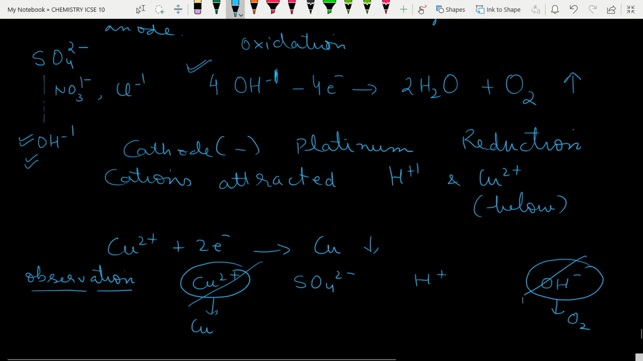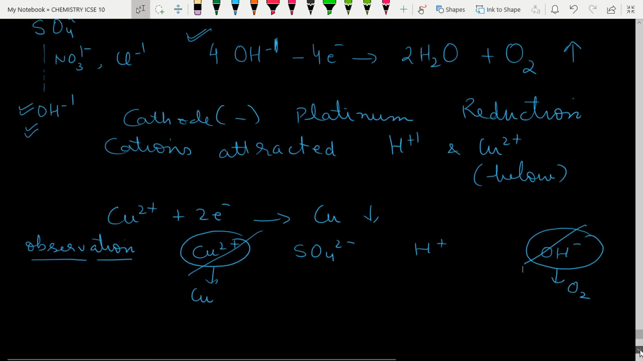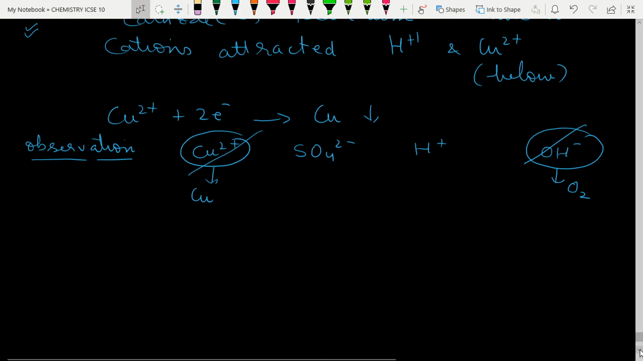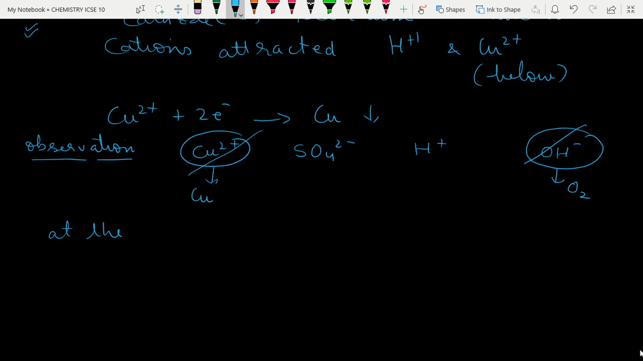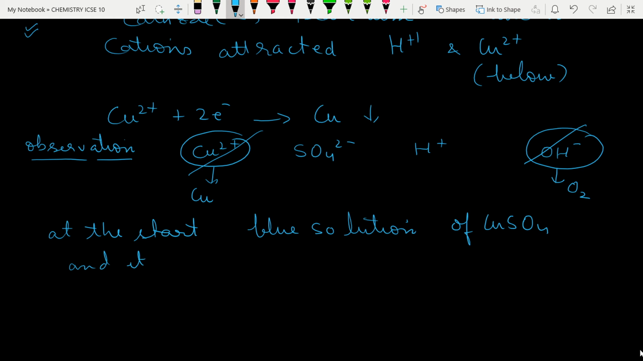So what will be observed? We will observe at the beginning, at the start, there was a blue solution of copper sulfate, and it slowly faded. Look, it will fade because copper will be deposited, and then we saw oxygen gas at the anode